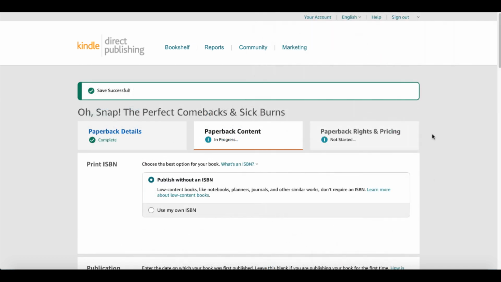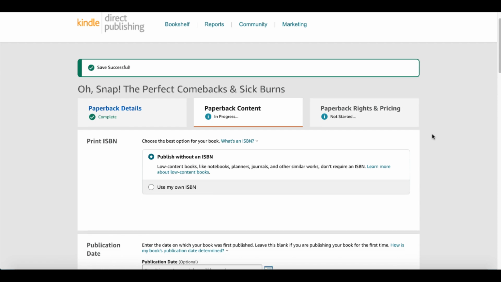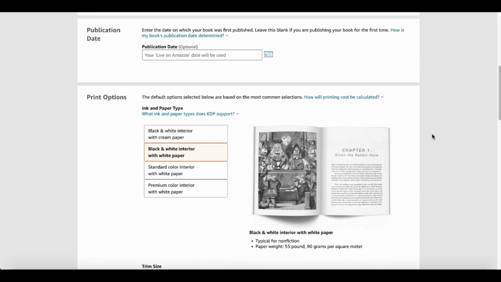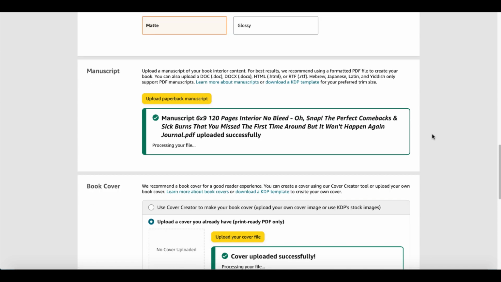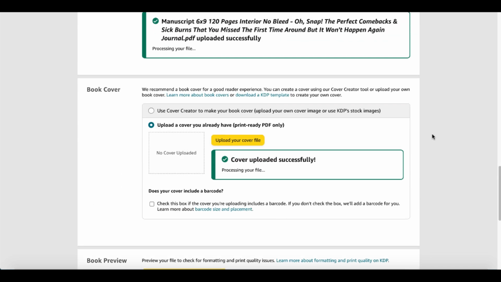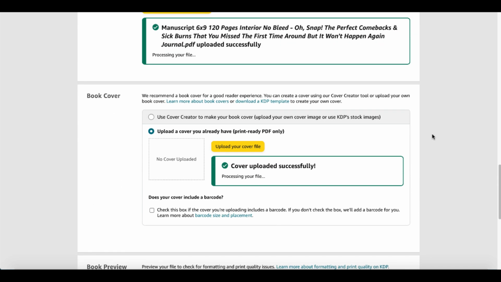So once that is determined that you're going to publish without an ISBN or use your own, simply scroll down and continue with print options, your size, your bleed, upload your manuscript, upload your book cover, and of course, does your book cover include a barcode? If you already added your barcode to the book cover, then check that. If not, Amazon will add it for you,